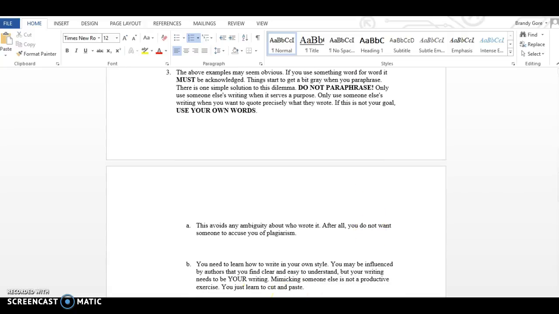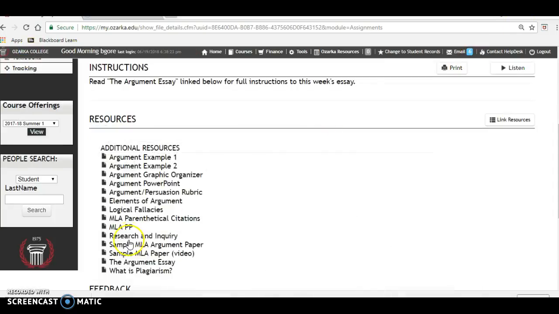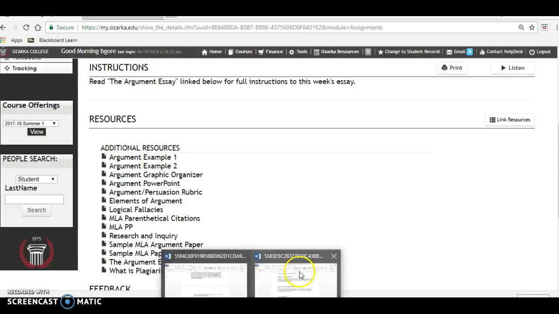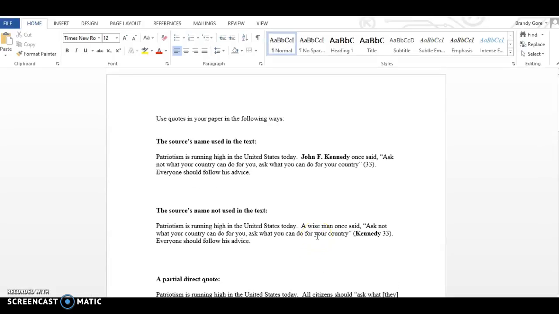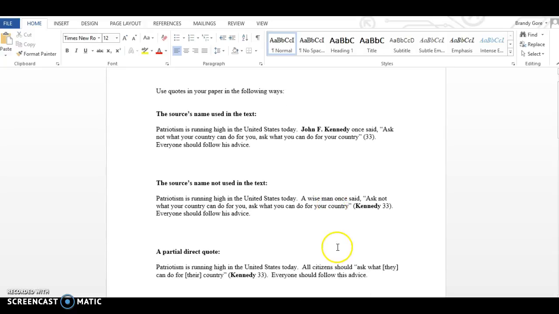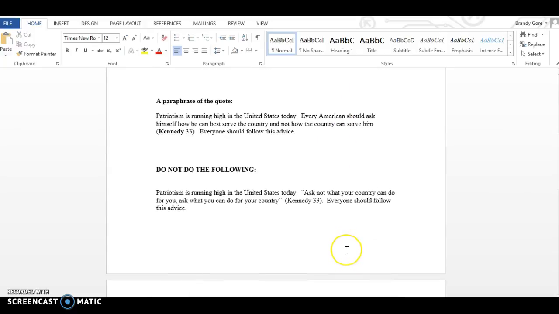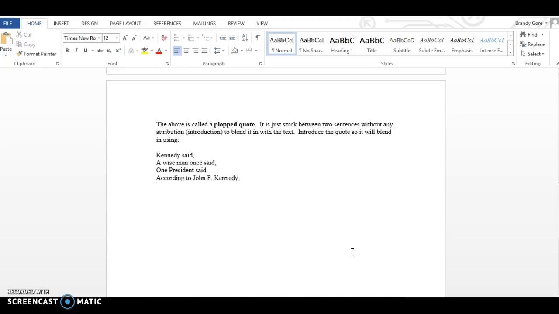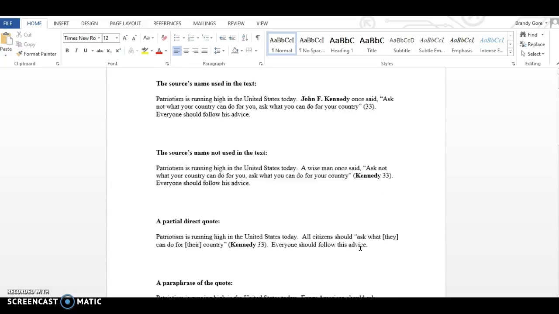Okay. And then there is this MLA parenthetical citation. So these are the quick starts. These are what I would certainly look at if I were you. So this one shows you literally how to go about making sure that your sources are cited properly within your paragraphs. Okay. Take a look at that. It's just a short, simple